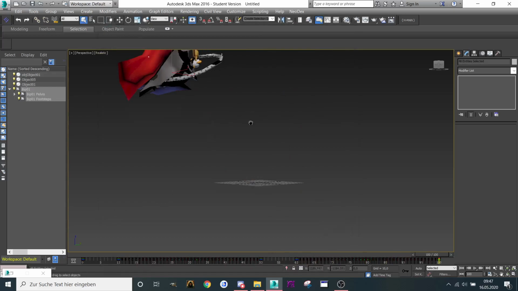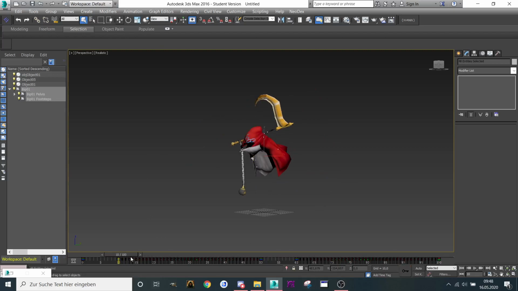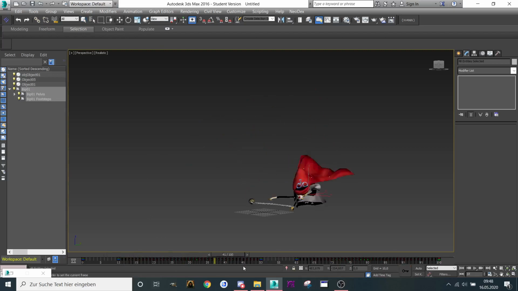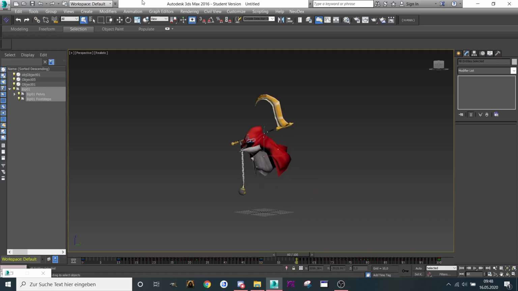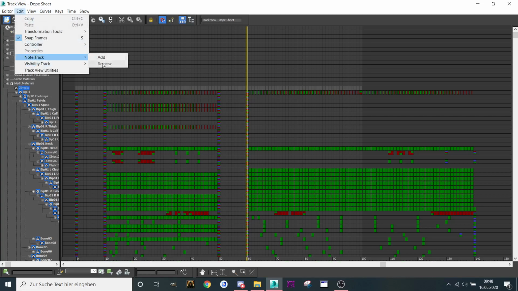As you can see, it works perfect. So we need to add the notes, of course. We're going to add a key here, add the key here, and here. Going to graph editor, dope sheet, and of course we need to add a node by clicking objects. Going to edit, node track, add,